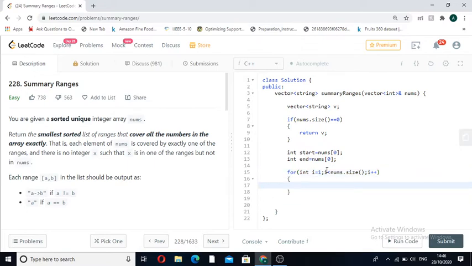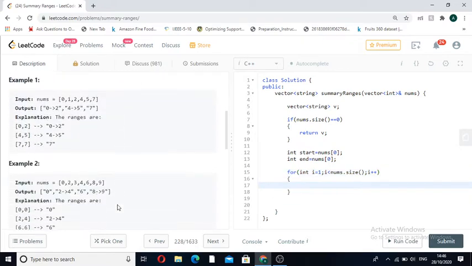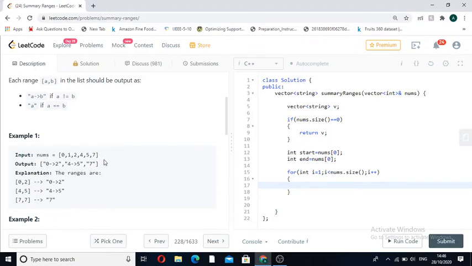Now let's solve it using this example, that is 0 1 2 4 5 7. Initially our start and end are both 0 because they are initialized with nums[0]. Now we are iterating the loop from the first index through the rest of the indices. So what will happen: if end plus 1 is equal to nums[i], in this case our end was 0 and end plus 1 is 1.